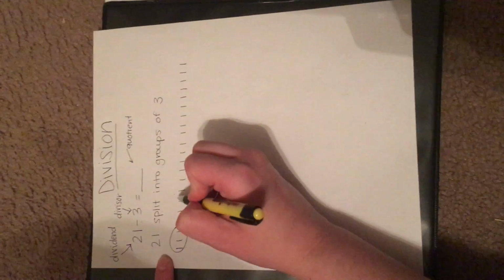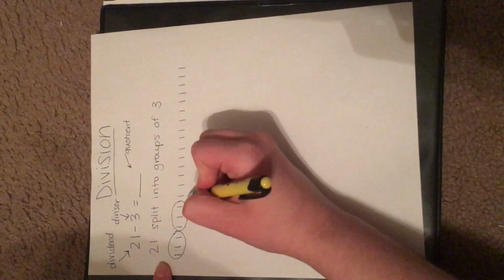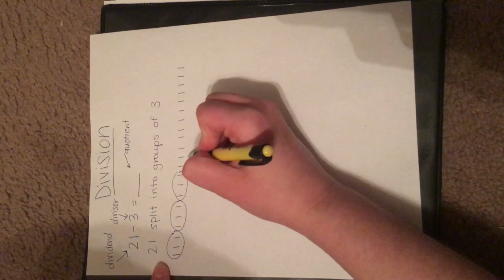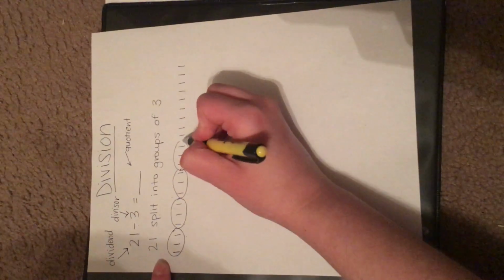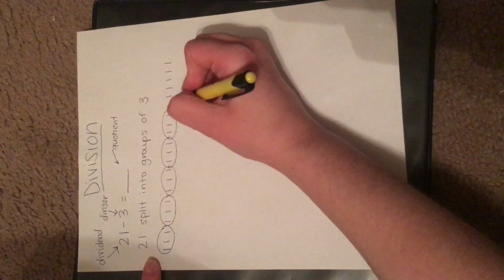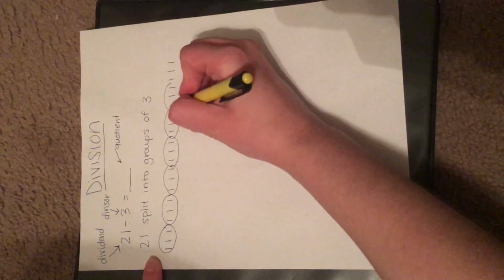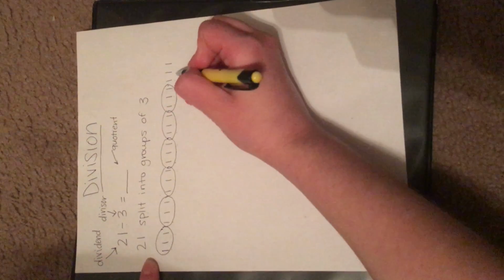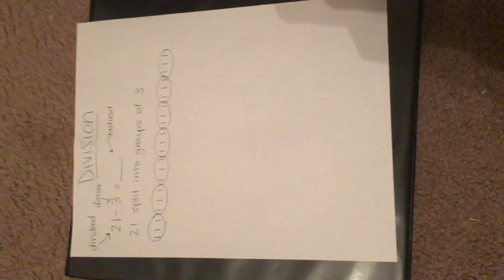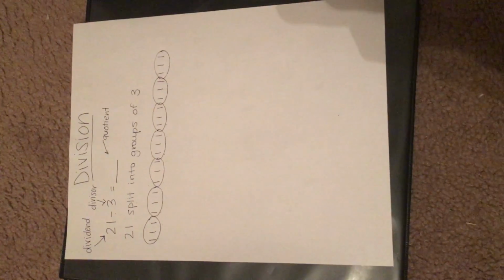1, 2, 3. 1, 2, 3. 1, 2, 3. 1, 2, 3. 1, 2, 3. 1, 2, 3. Alright, now that I have made every possible group of 3 I can go back and count